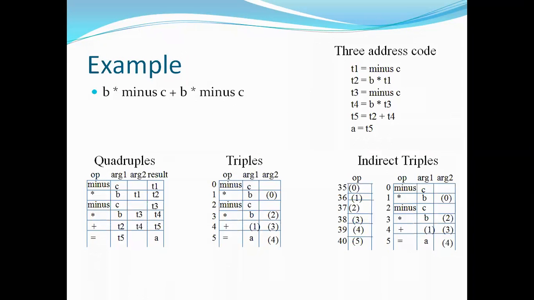In the next class, I will explain about translation statements. In semantic analysis, I already explained type checking, type equivalence, type statements, type conversions. All those I already explained in semantic analysis. Again, I am not repeating those concepts. I am going directly to the concepts under intermediate code generation. In the next class, I will explain about the translation statements for these three address codes.